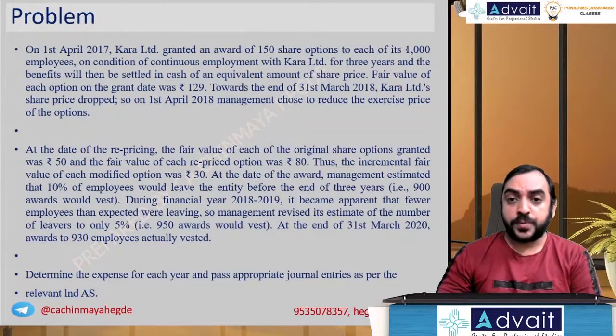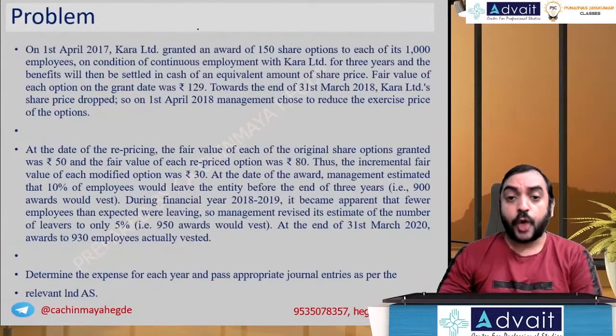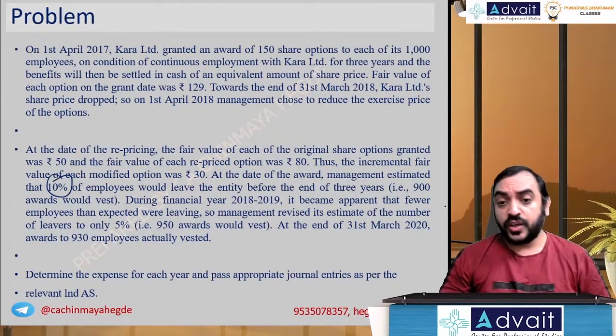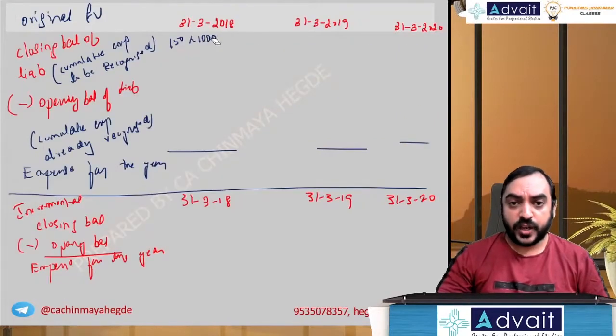There were 150 options to 1000 employees. And how many are expected to vest? They said that 10% of the employees shall leave. Only 900 would vest. So multiplied by 900, or 90% I can multiply. Directly they said 900 actually, so I don't have to take 1000. I'll multiply it by 900. Then multiplied by